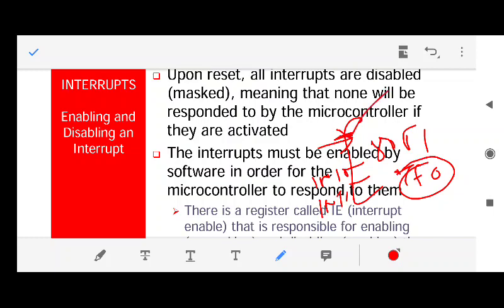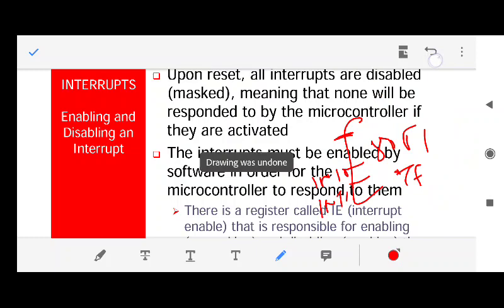Then 8051 has to serve one of the interrupts. This interrupt has occurred, and this interrupt has also occurred. Then 8051 has to decide which interrupt is of highest priority, and it will service that interrupt.